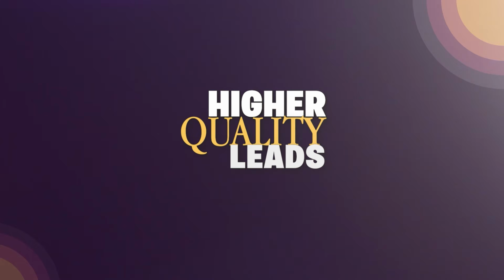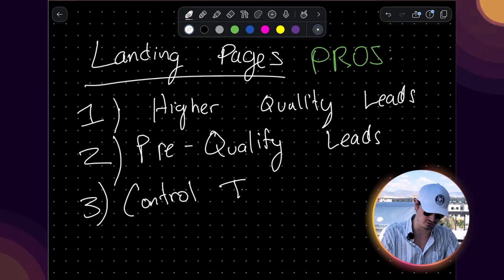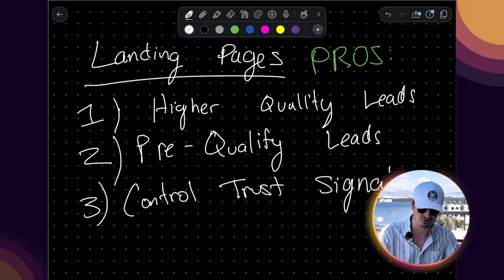And if they answer it in a certain way, they either become a lead or they don't, right? So that's going to lead to higher quality leads. Number three is more control. So control, trust signals. So as we take people off the landing page, as mentioned, we can actually increase the